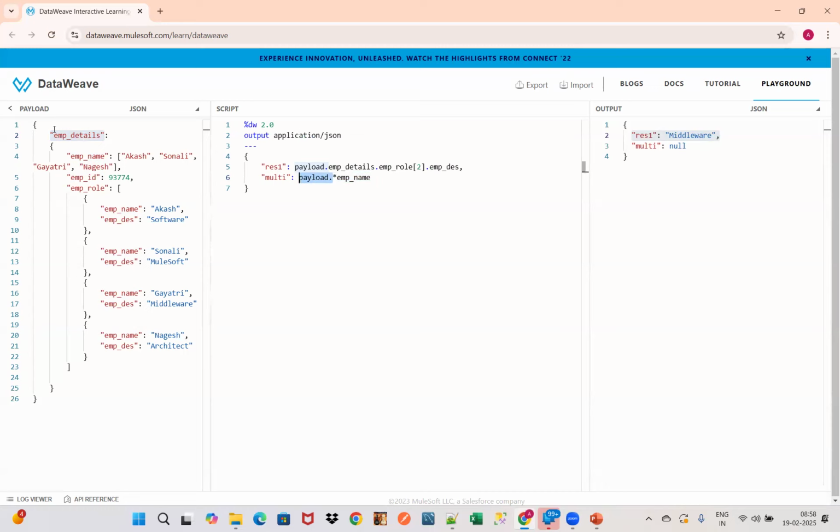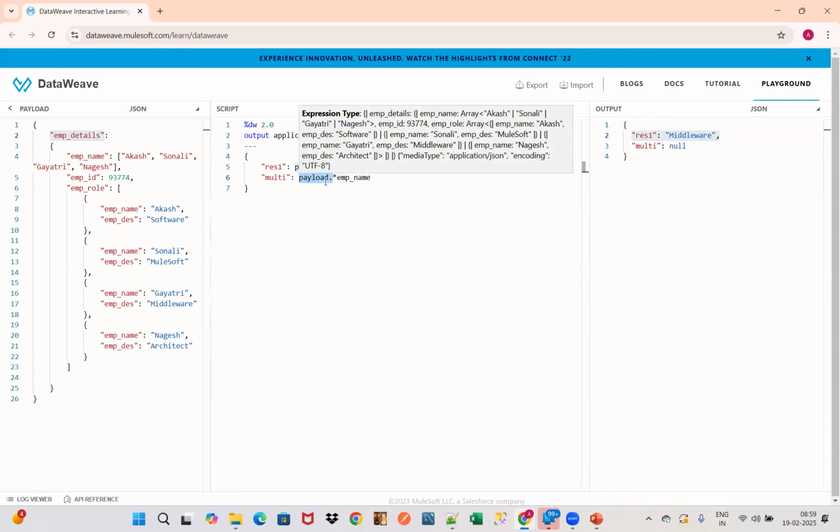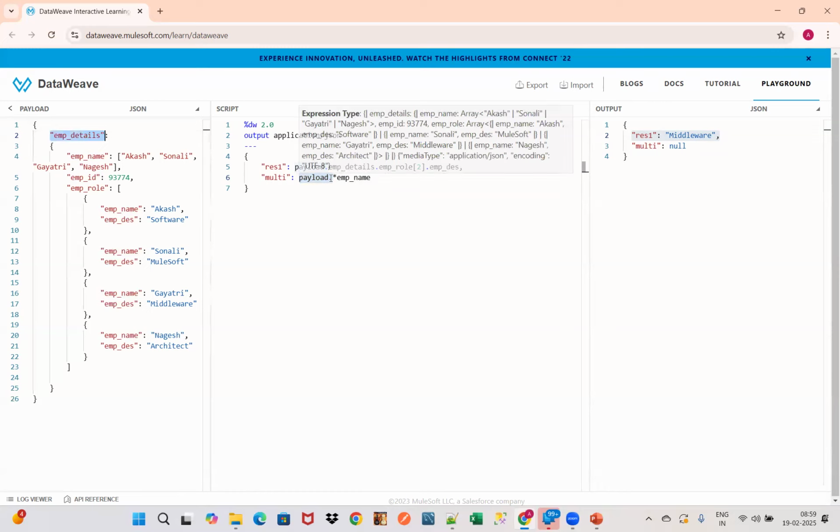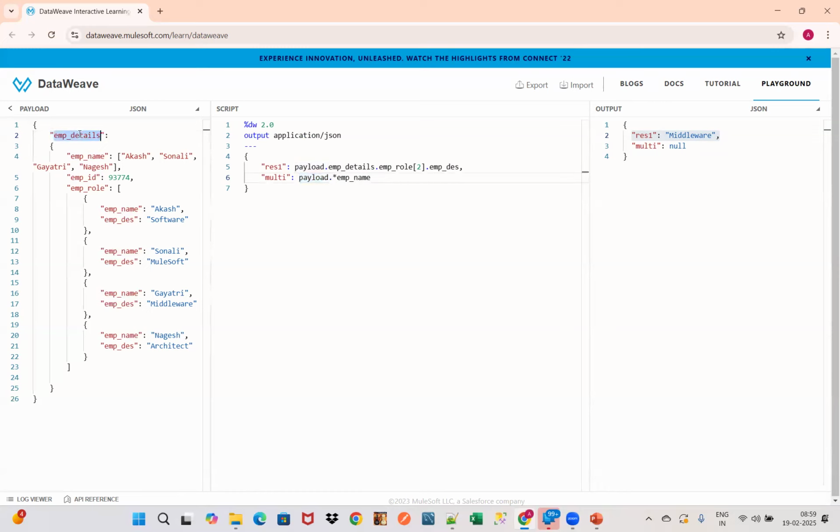The parent element is the payload here, when it comes to a data view expression. Inside the payload, it will check for all the employee names. There is no key called employee names at all. Employee details are there. But to specifically mention, you have to mention the